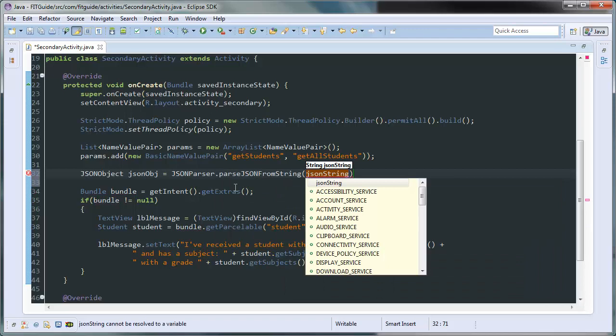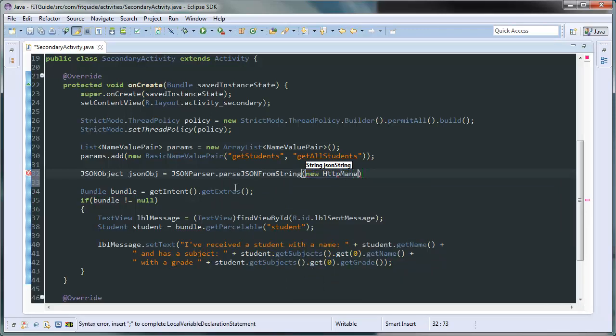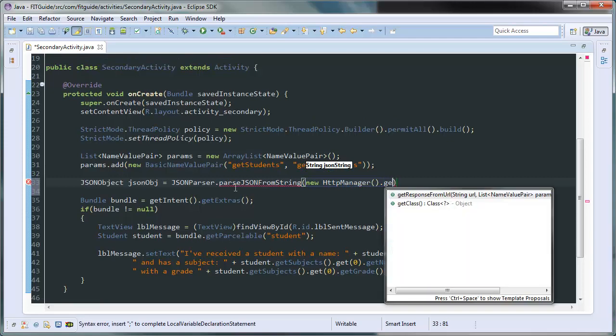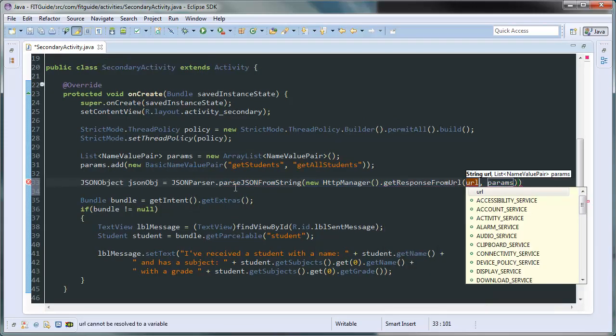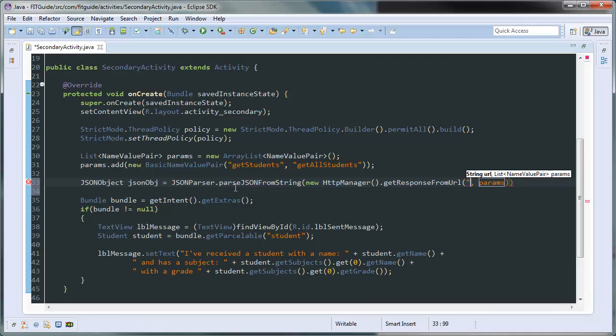And right here, I'm gonna create a new HTTPManager, and then say .getResponseFromURL. And right here, I'm gonna put in my URL, and you're gonna have to write it like this: http:// and then if you have a localhost, then localhost. If not, then, as far as I remember, you're gonna have to write in the IP address. So in my case, just to make sure that my IP address is right, because it's not currently hosted on that PC,